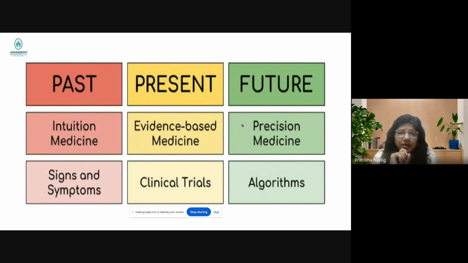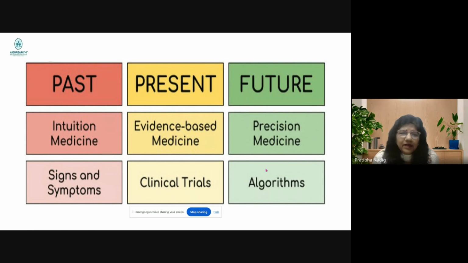But nowadays, it is becoming more and more individualized because of the availability of technologies such as genomics, therapeutic drug monitoring, transcriptomics, metabolomics, all these omics, because labs are providing this support. And based on that, algorithms are developed using machine learning and AI. So 10 years from now, I'm very sure it is going to be implemented. And therefore, we need to run with the speed. Run means we should not be running in that way. We need to upgrade ourselves, and we need to adapt to the evolving system of medicine.